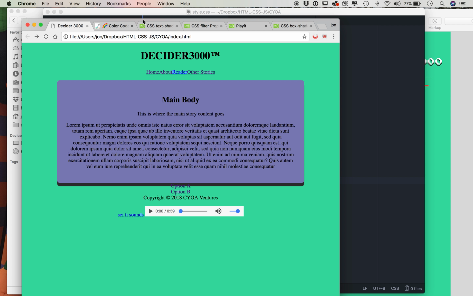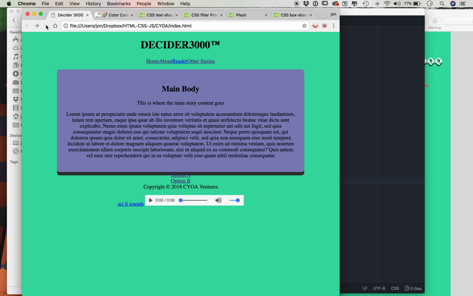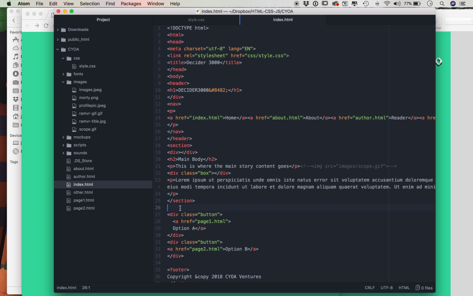So yeah, so there is our drop shadow. You see it's pushing down and not respecting the next part of the HTML, which we take a look at. It is a div class button. So